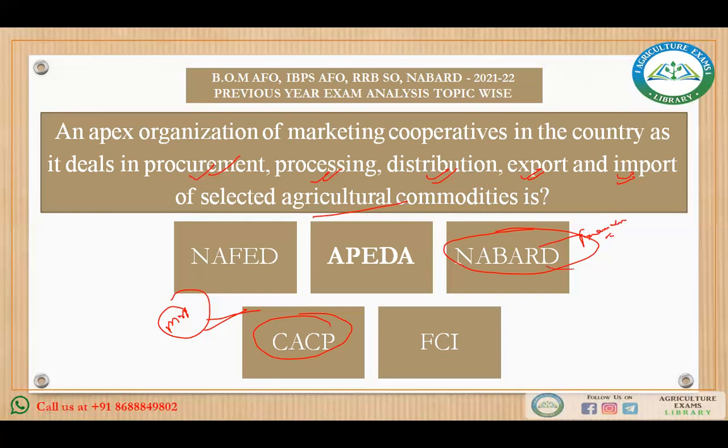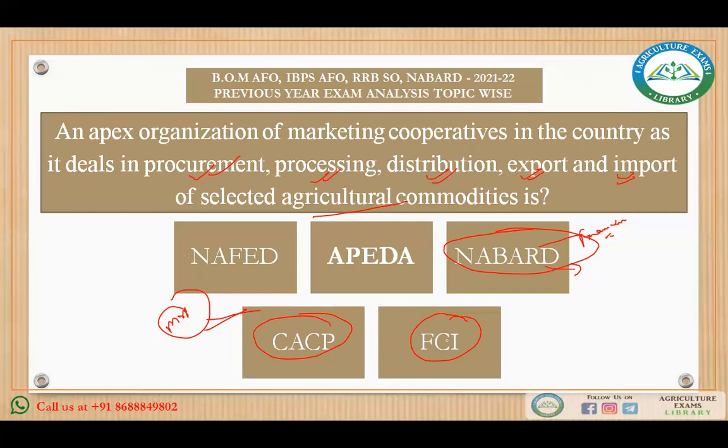There are various roles of NABARD that I'll discuss in another video. Again, the FCI does the procurement of food grains. The FCI is responsible for executing the food policies of the Government of India, also purchasing food grains from the farmers at the MSP. They also handle storage and transporting of the food grains and maintaining food security. These are the roles of FCI.